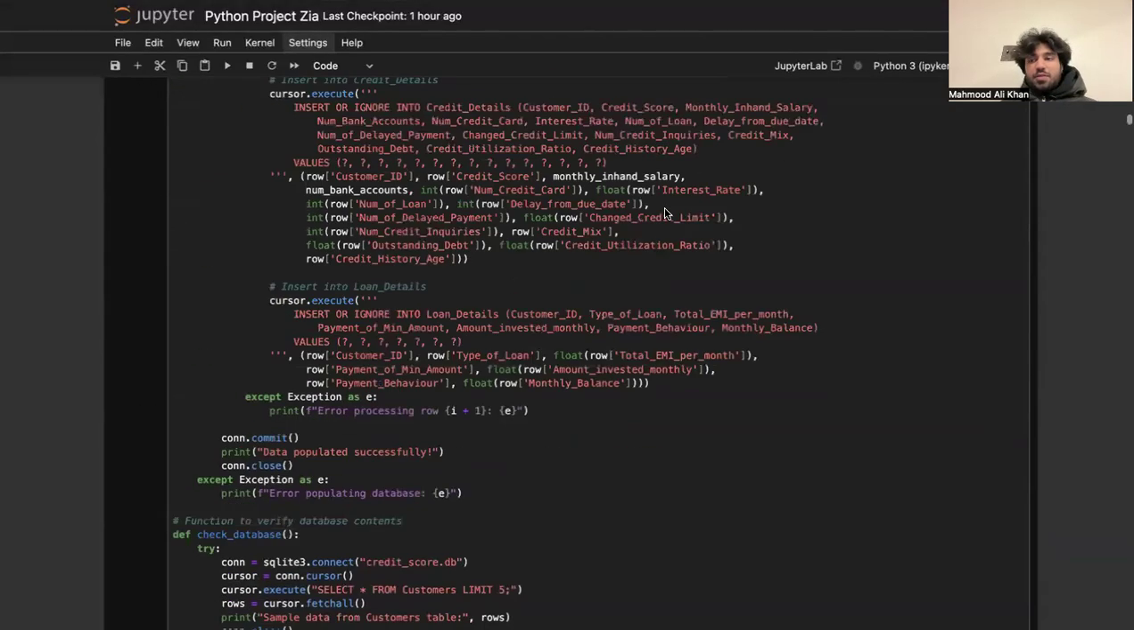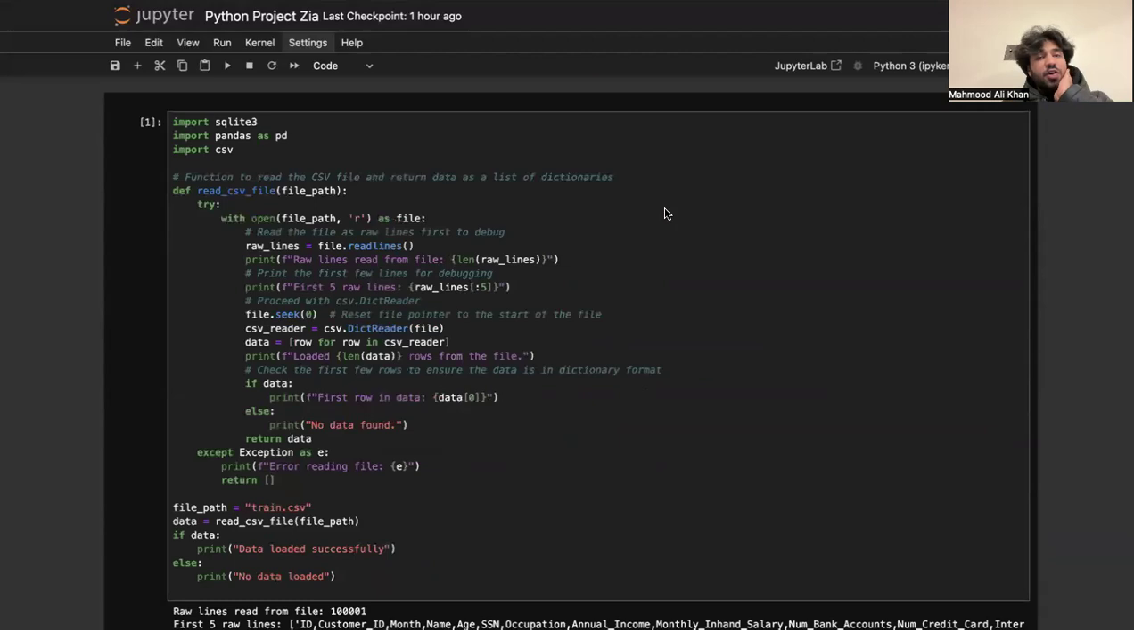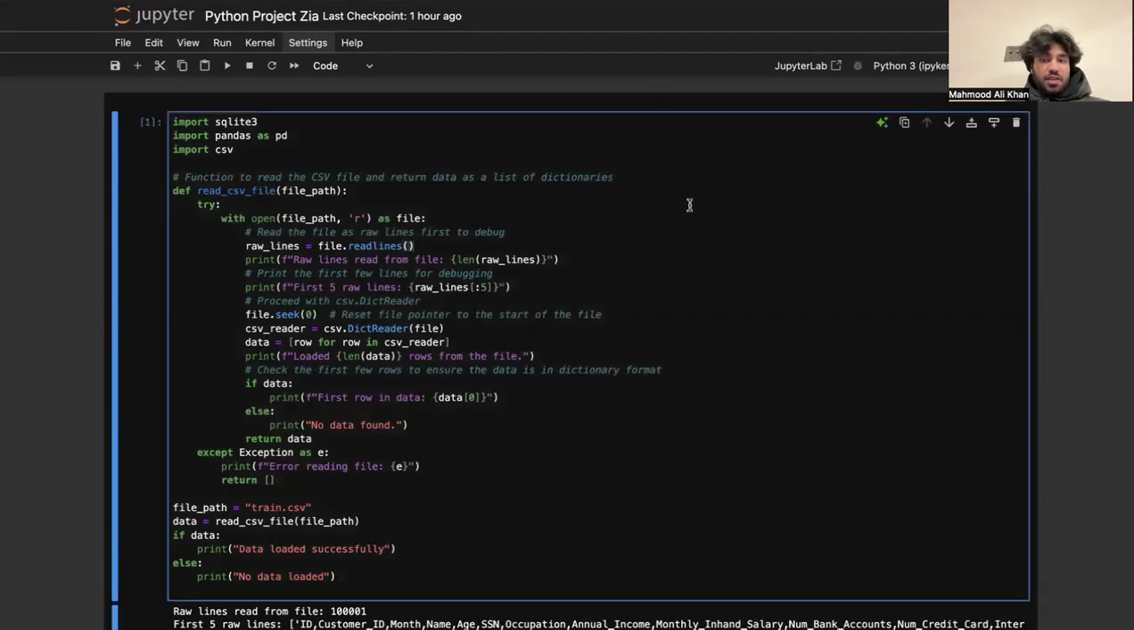Hello everyone, this is Mahmoud Ali Khan and I'll be walking you guys through a project that I did on credit score classification. So let me start off by explaining what exactly is happening in this code block and then we'll proceed further accordingly. So this is the read CSV file function and this function basically reads the data in